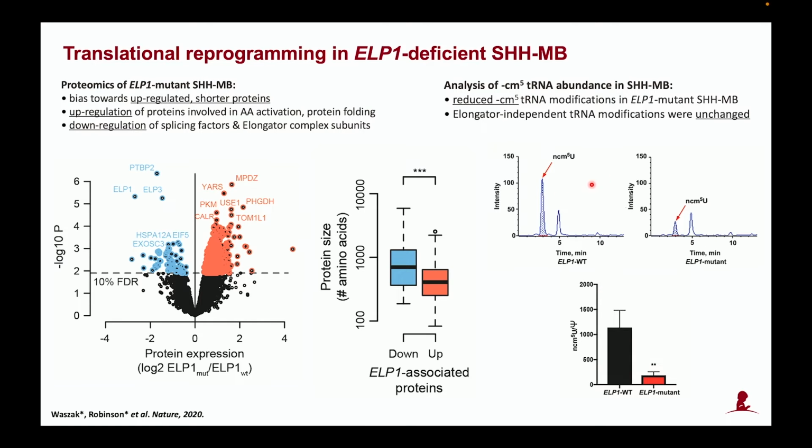This was done in collaboration with Brandon Wainwright, who's at Queensland and is an expert in tRNA biology and happened to have the methodology worked out for quantifying these modifications. And so using HPLC and mass spec, he was able to confirm that ALP1 deficient tumors have a significant reduction in the elongator-dependent tRNA modifications compared to the wild-type counterparts, as shown here, like a 10-fold reduction in this particular